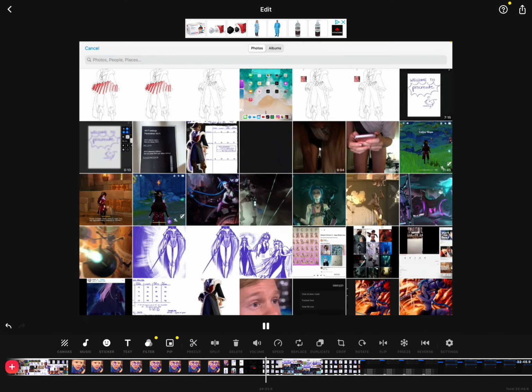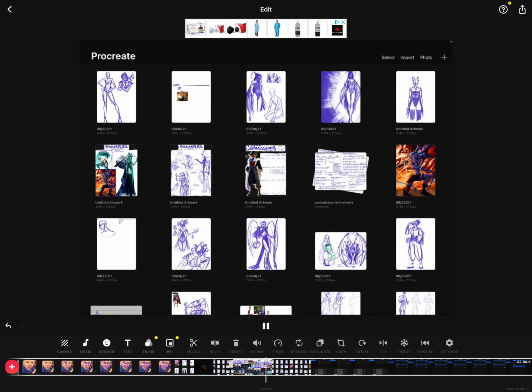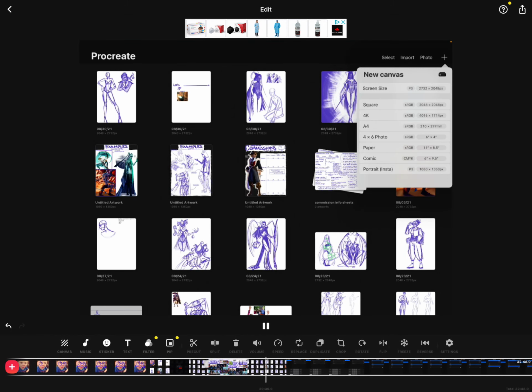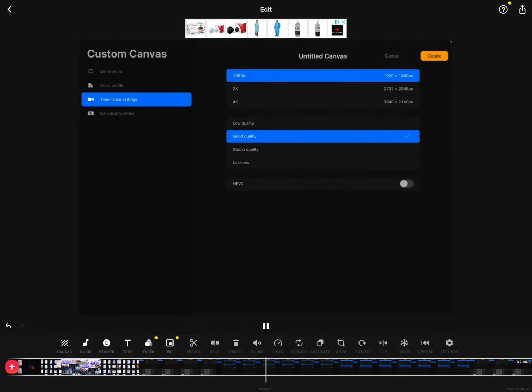And you can have albums, that kind of stuff. And again, if you click plus, there's very different options. If you want to create your own canvas size, then it'll just bring this up. Your maximum layers, you can change. Say you'll have 250. That's a lot of layers. I don't know much about these things. This is where digital art and traditional art kind of become more familiar with each other, because you can change the